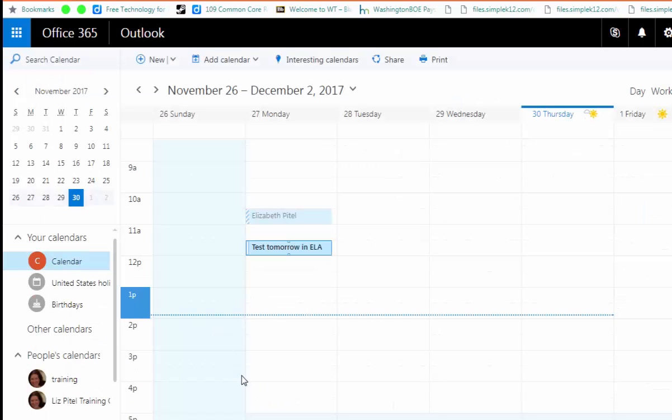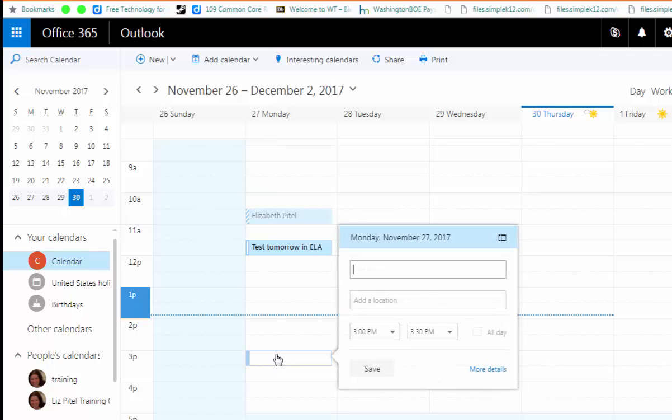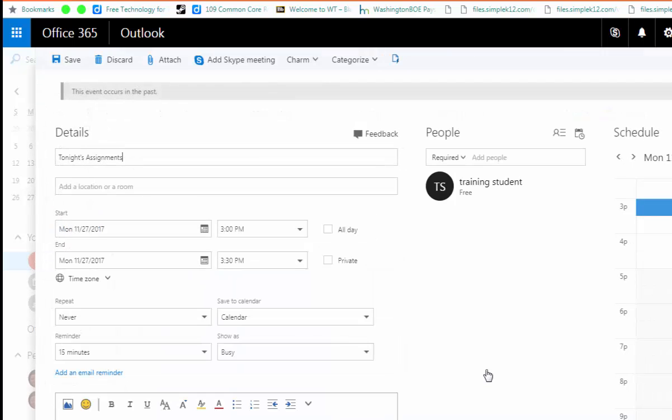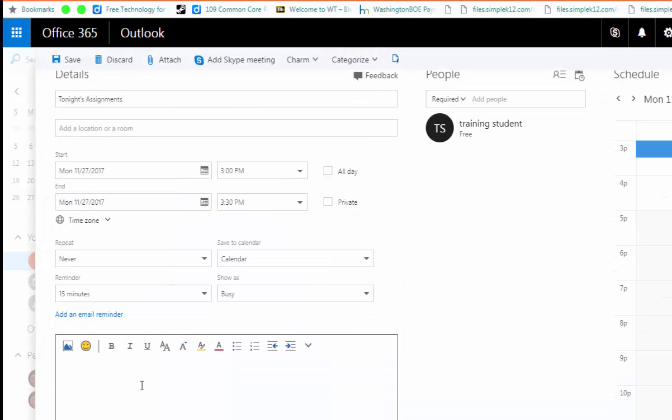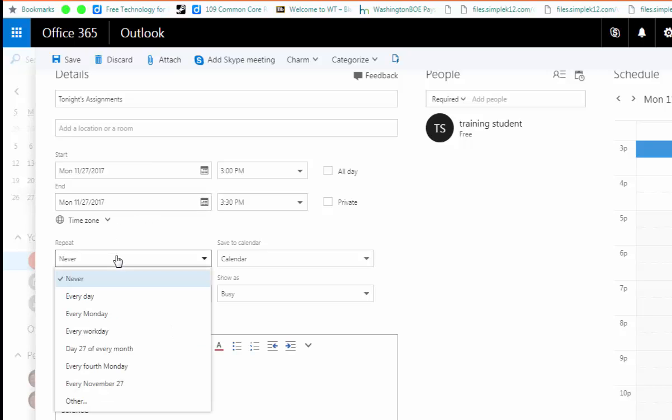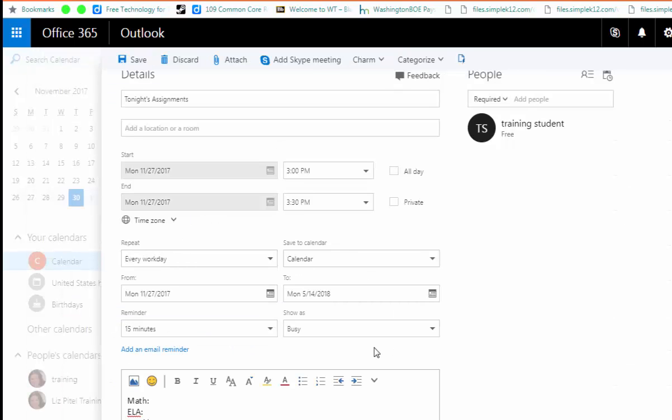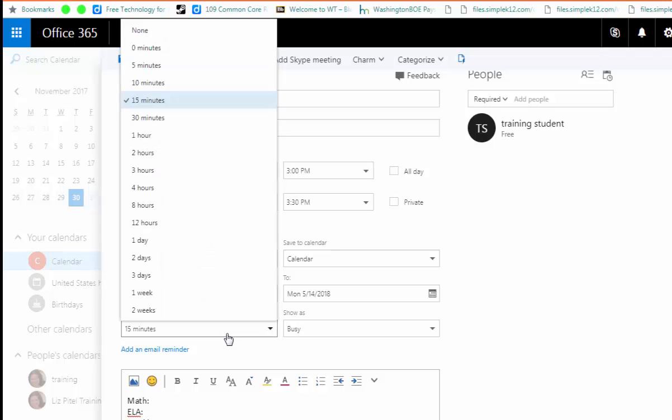Also interesting, I could use this as a way to add nightly assignments in. So I can come down here to the end of the day, click on 3 o'clock. I can make a block called tonight's assignments. We can even set this up as like a template. So if I click on more details, and I come down here to the bottom and I type in all my subjects that I typically get homework in, okay, I can then tell it I want this to repeat every work day, every Monday through Friday on my calendar, with a reminder